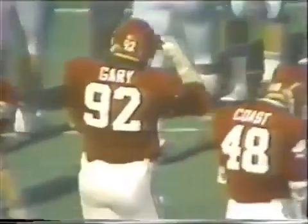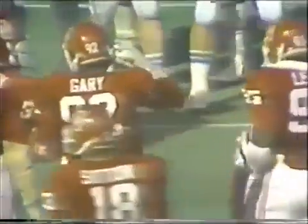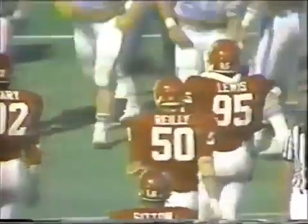1st and 10. We're near the end of the first quarter. Billy Johnson, the fullback, picks up some tough yardage out to the 23-yard line, where he is stopped by, looks like, Mike Coast. I thought so. Oklahoma's played the run extremely well, but in playing the run so well, their linebackers are up close enough that it's been difficult for them to get back and add much to the pass defense. The passes have been over the linebackers in front of the safety men, but they've been deadly effective for Carolina